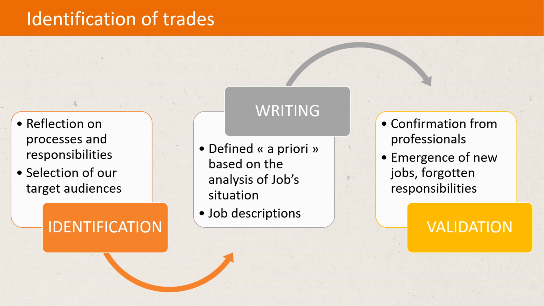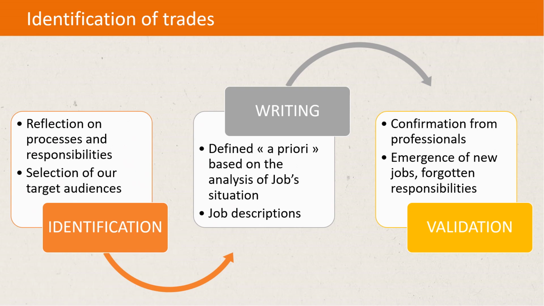Once we have identified and listed our target audiences, then we draw up the job descriptions. This is done on the basis of an AST, which is a French abbreviation for Analysis of Work Situation, to mean that we have made an in-depth analysis of the situation of each occupation, which is based on our knowledge of the field, regulations, and standards. Next, it's important to make sure that our definition of occupations is accurate. How? By comparing our job descriptions with reality, so with the people who actually do the jobs. To do this, we carry out surveys, and from this validation process, new occupations or responsibilities that had been forgotten